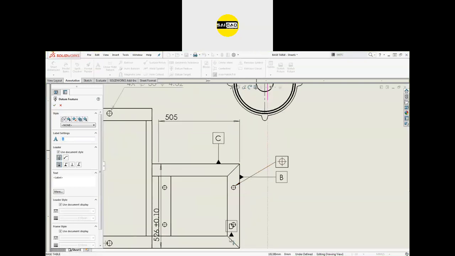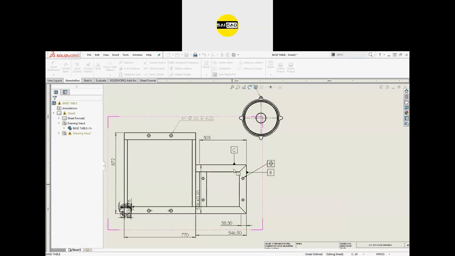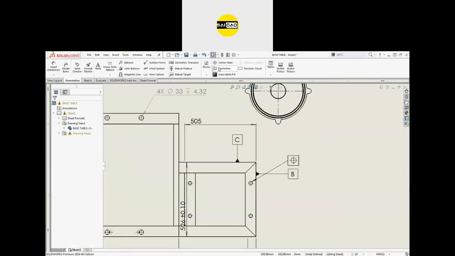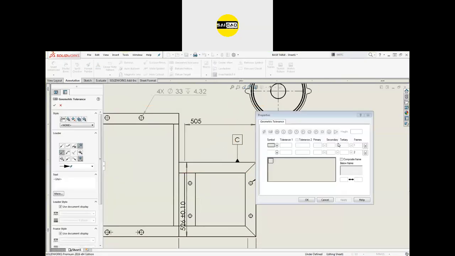So like that, we have to define three datums for that, and there we can define this geometrical tolerance with some symbol from here, that this is a position of this hole. We have some value for that position. We have some relation from here. So these are the maximum material condition, least material condition, and regardless of feature size, and the translation, we can define everything from here.